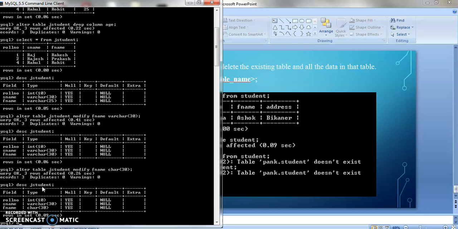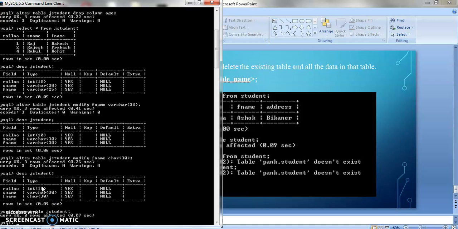So you can see drop, then table, and then table name. Table name is JStudent, then semicolon, and then enter. Query okay. Now I have to see whether this table existed or not. So I will write DESC and then JStudent.